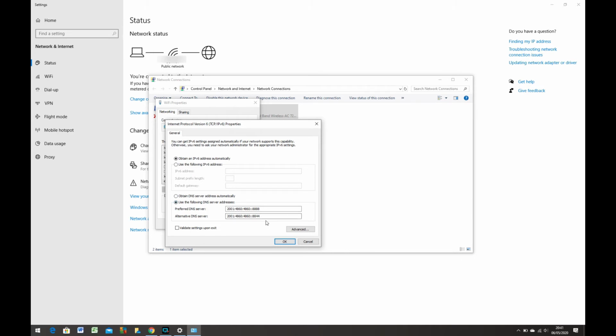Preferred DNS server 2001:4860:4860::8888. Alternative DNS server 2001:4860:4860::8844, just as you see in front of you here. I'll put those settings in the description below so you can copy them a little easier should you wish to do so. Once you click OK and close, you'll be using your new DNS settings and should see a healthy speed boost